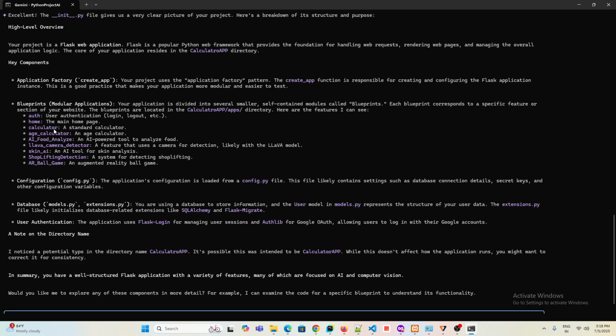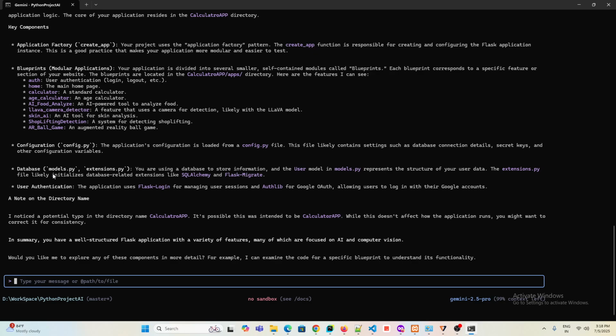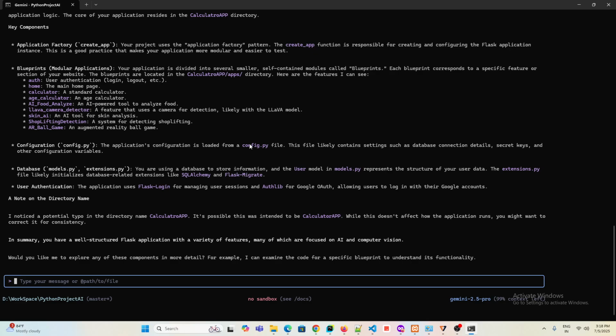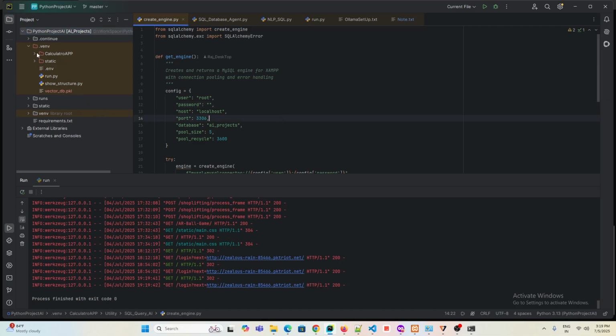Wow, it has so clearly defined the entire project, which would have taken many days or many months for a beginner level or mid-level developer who wanted to understand it, but it just did it in a few seconds only. So this is really a very beautiful product, Gemini, which is helping us. But let's see, we'll ask it to modify something, but before that we'll see how this project runs, then we'll ask Gemini to enhance it. So to run this, I need to go to